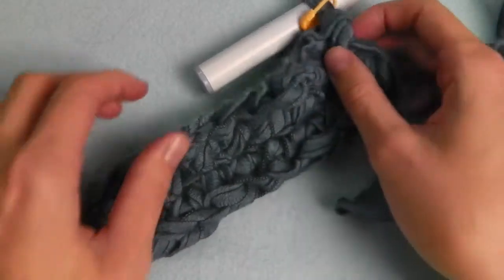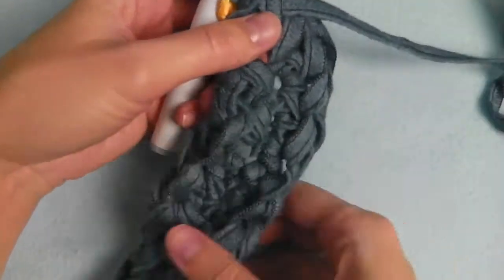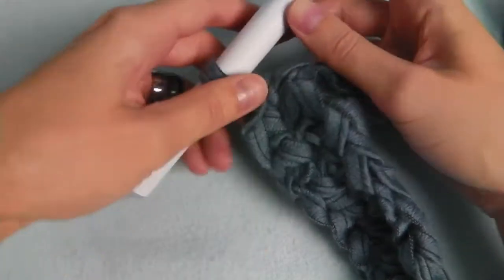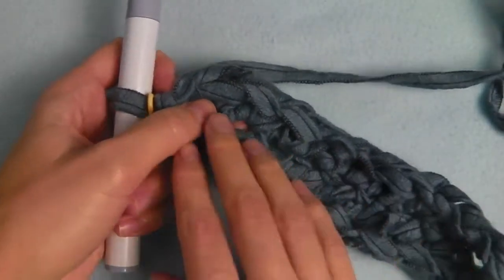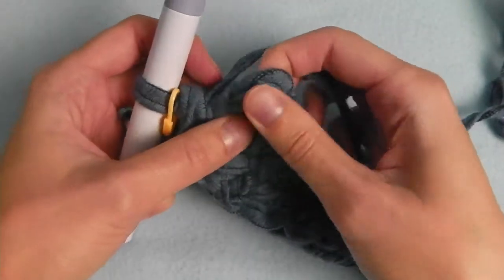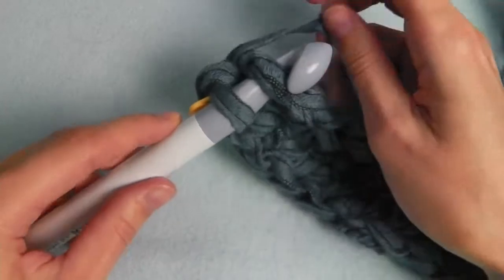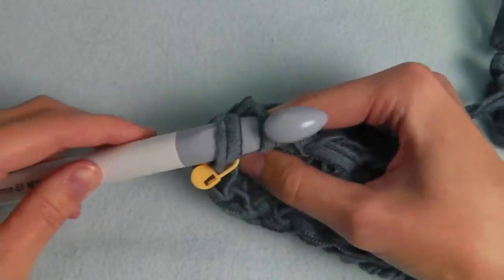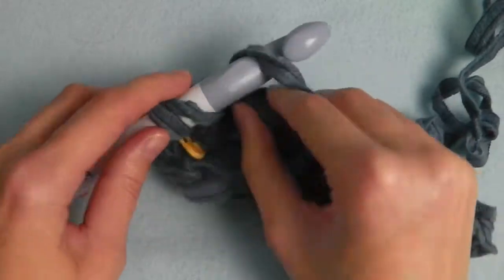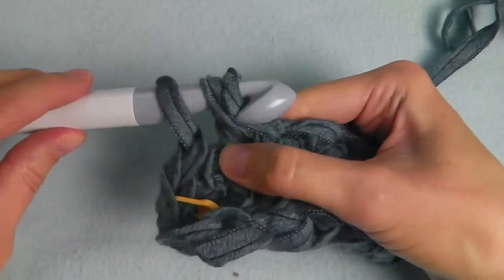So this is the first round. I have here already 2 single crochets into the last stitch, and I have here a marker to know where to start or to end the round. And now we'll crochet single crochets across this row, and I'm using both loops for my single crochets. So I'm using the front and the back loop. All across here, single crochets